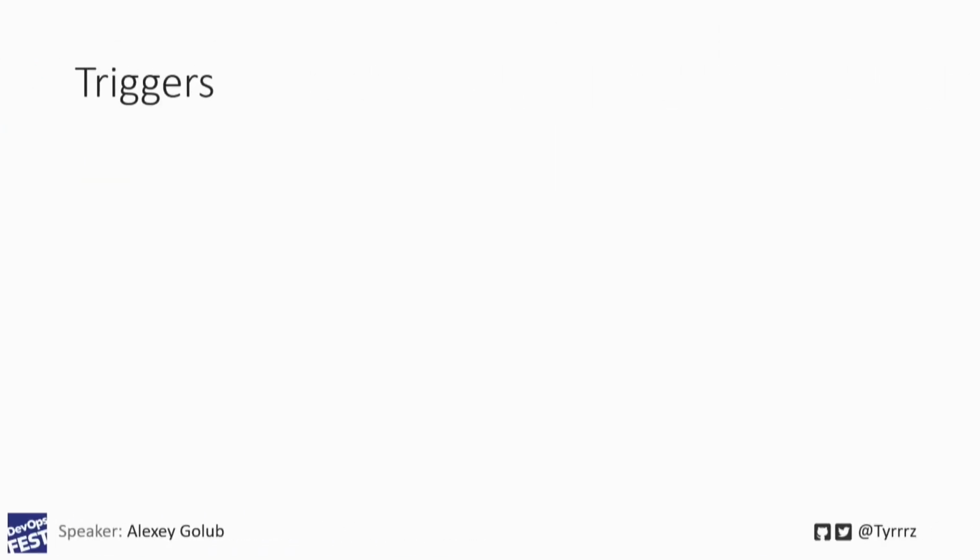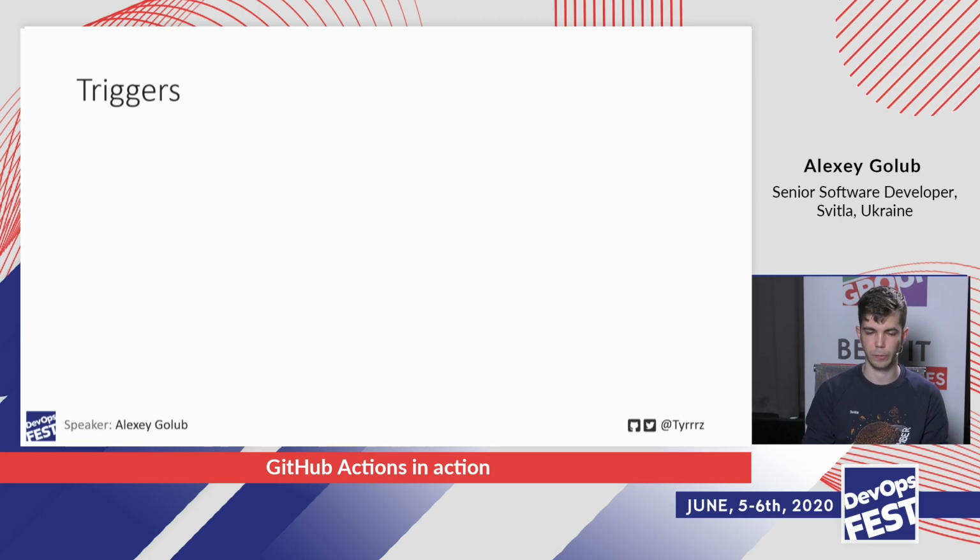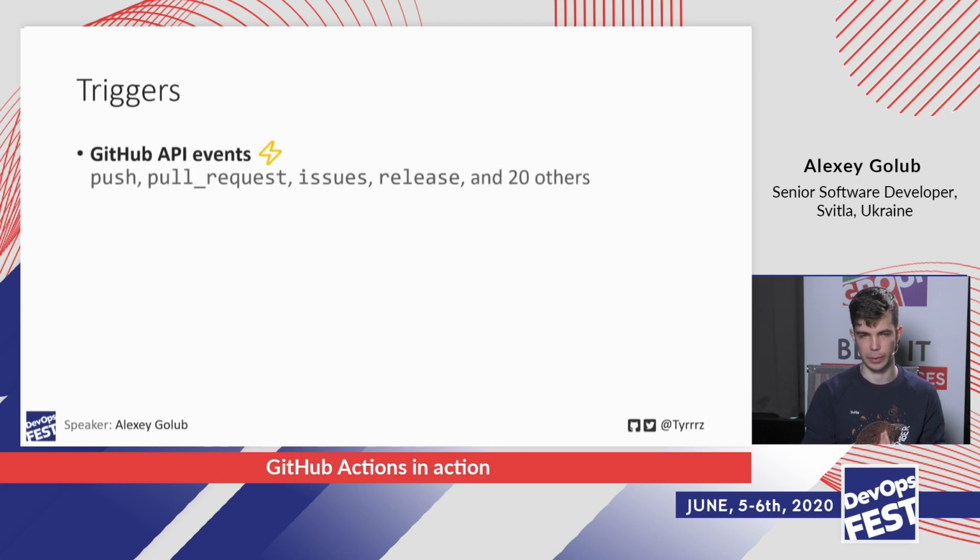We also looked into, from the example, we've only seen the basic triggers, which are triggers based on the GitHub API events. There are many of those, so we only looked into push and pull request very briefly. But there are also other resources on GitHub that generate events such as issues and releases and projects and also all sorts of things. And there are around 20 of those. And additionally, for each of those events, you'll have sub-events in some cases. So there are actually a lot of things you can trigger on.